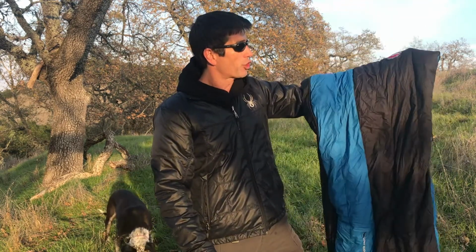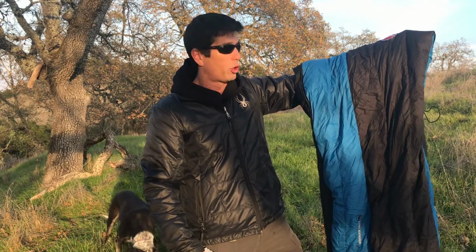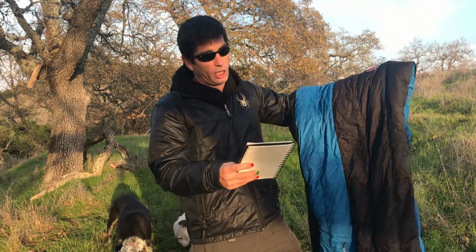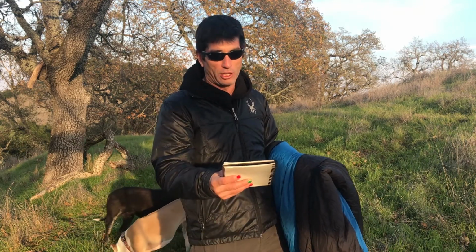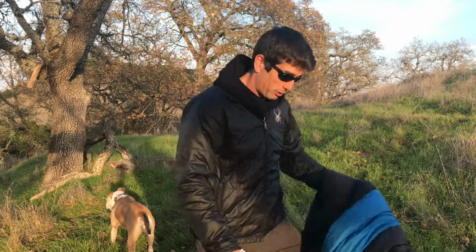It's a little bit newer version. This is, I think, about three to 4 years old now. So they've definitely changed the colors and done a few things with that. Online, we got it at $190, a couple different places. And Amazon right now has the right zip, which is this one, for $240. And then they have the left zip, which,